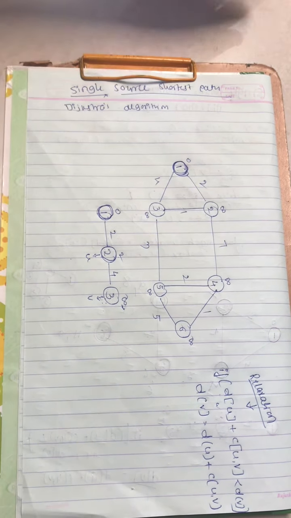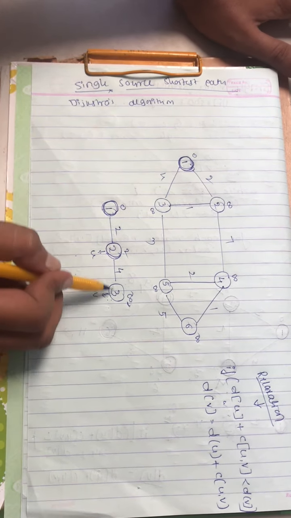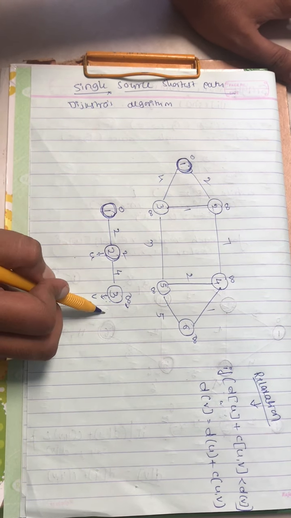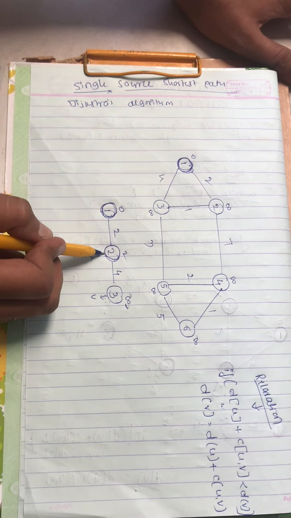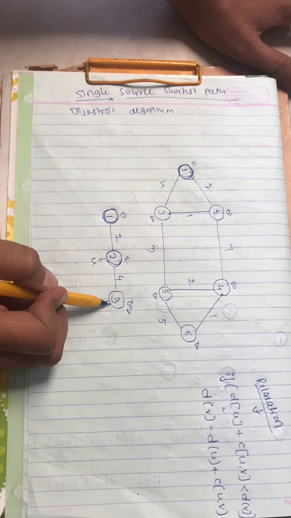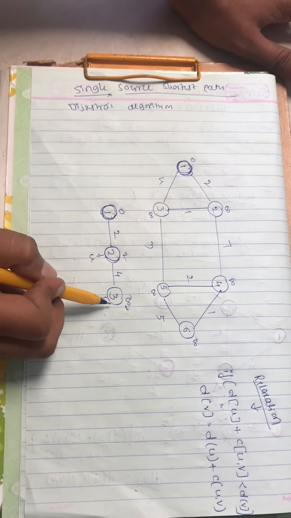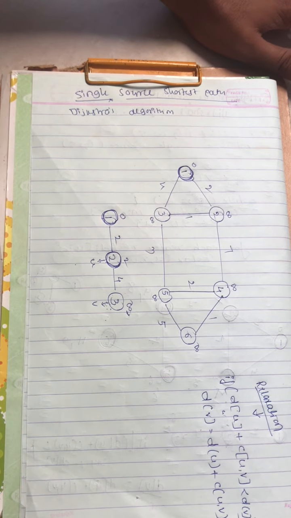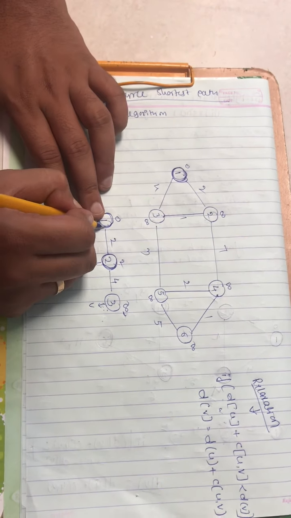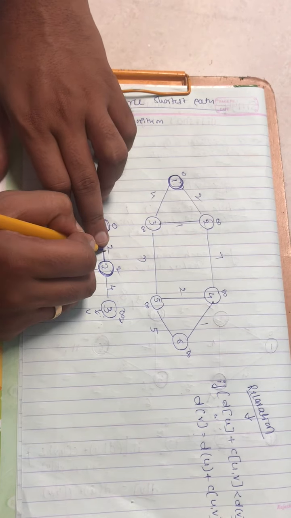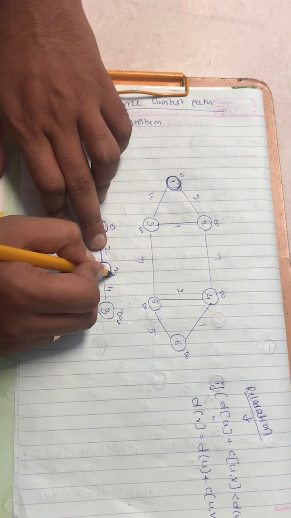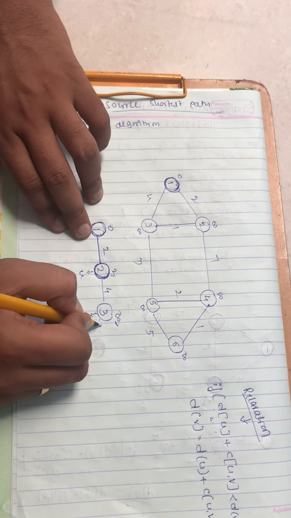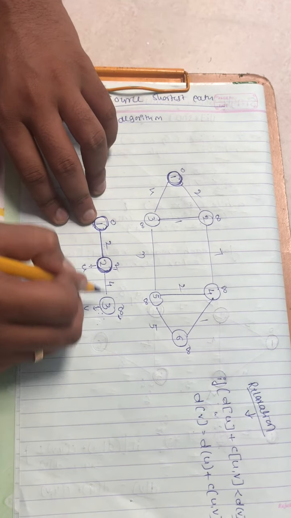Let me repeat again. We are having one graph consisting of 3 vertices. 1 is directly connected to vertex 2, but 1 is not directly connected to 3, but I can reach 3 from 1 via 2. Once you reach that, I need to relax that edge. How are we going to find out? 1 is directly connected to 2, due to that reason the vertex 2 value becomes 2, but 1 is not connected to 3, but I can reach 3 via 2.